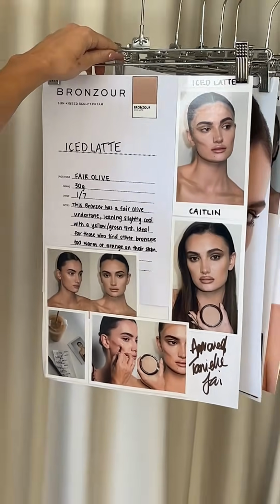Okay, so we have a fair olive. The reason why I created this shade, selfishly, is that I am a fair olive naturally. I do have a fake tan on right now, but I always struggled to find a bronzer that I could wear when I was not fake tanned. So this has a yellow, almost greeny undertone,